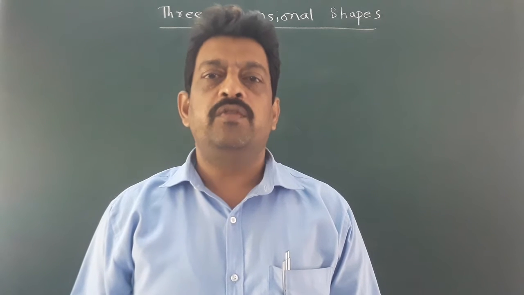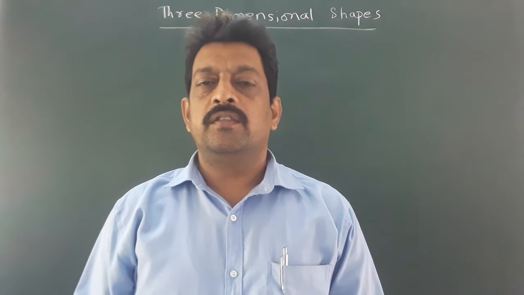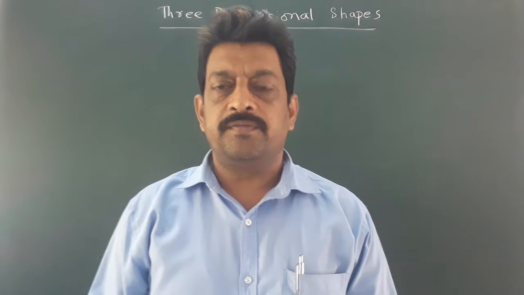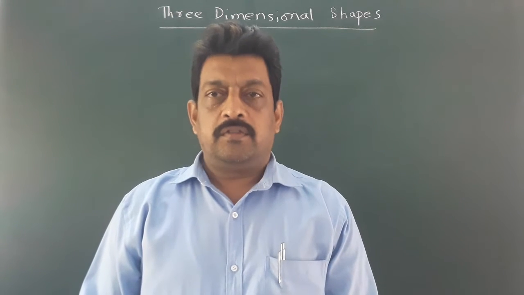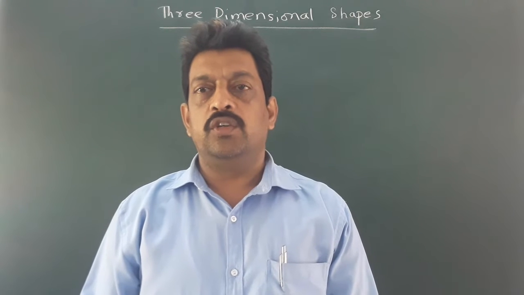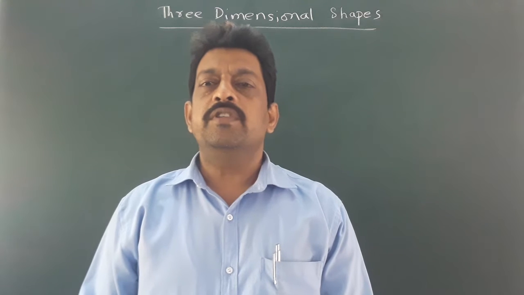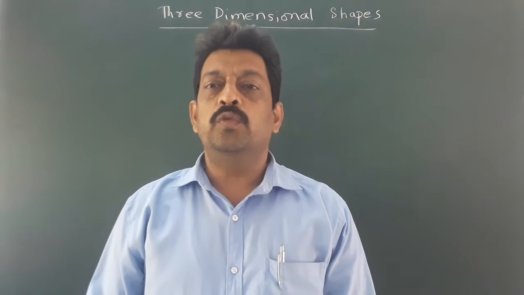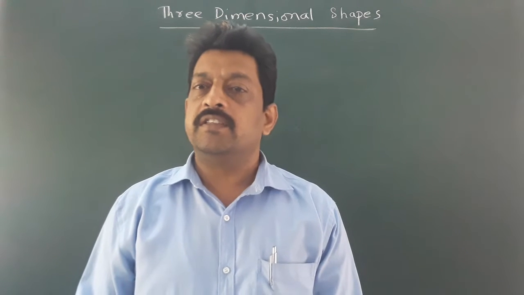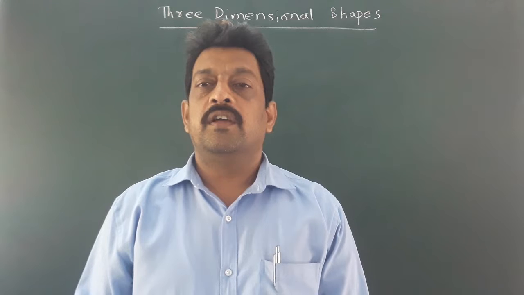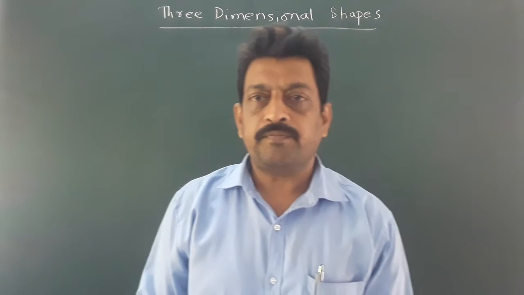Students, you know presently we are going through the chapter 3-dimensional figures. The introductory part was given in the previous session, where you learned about the different types of 3-dimensional figures like cube, cuboid, cylinder, cone, sphere, hemisphere. In the previous session we learned about the cube and cuboids and their properties of the faces, vertices and edges. The definition of the faces, vertices and edges was also given in the previous session.